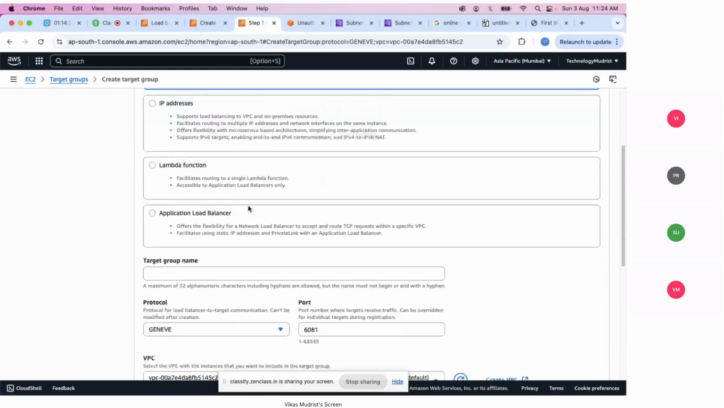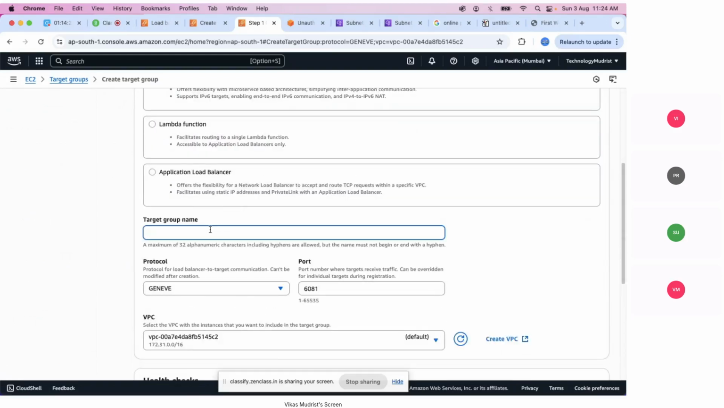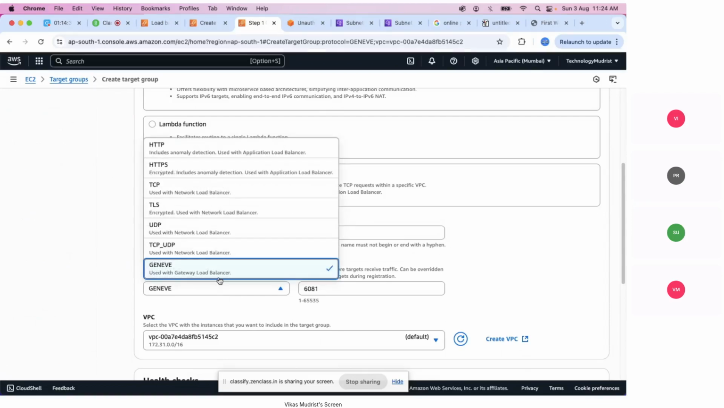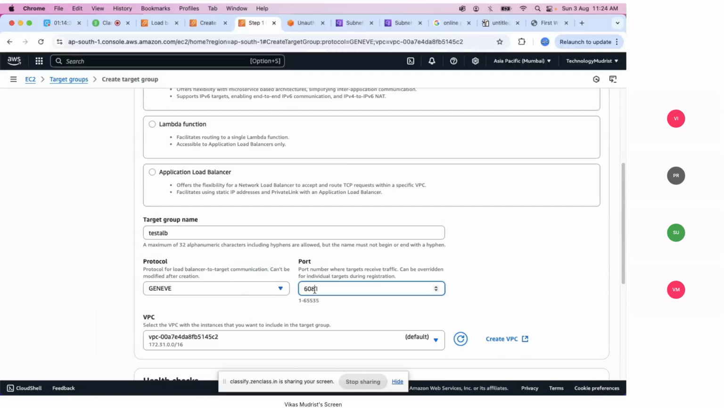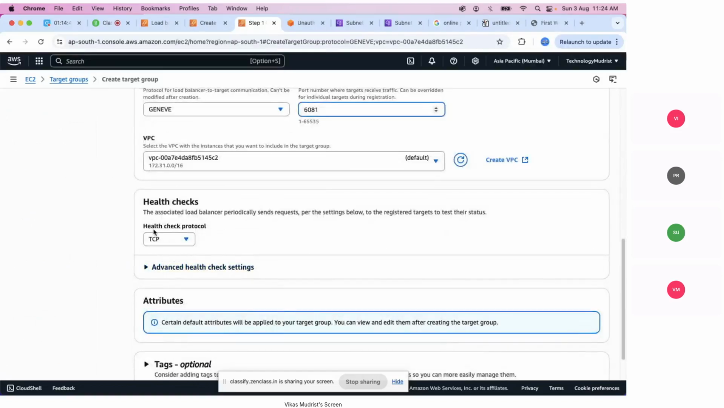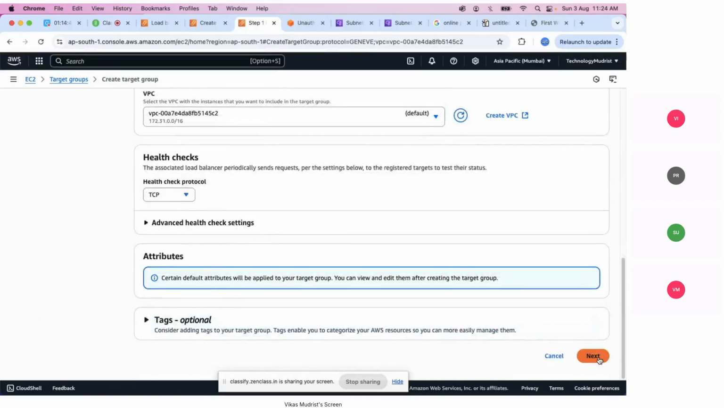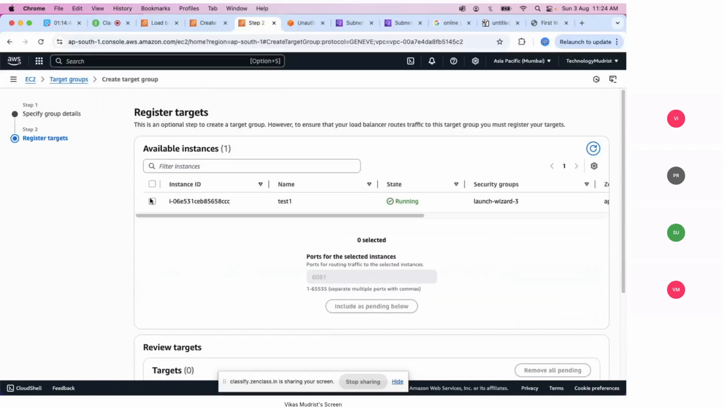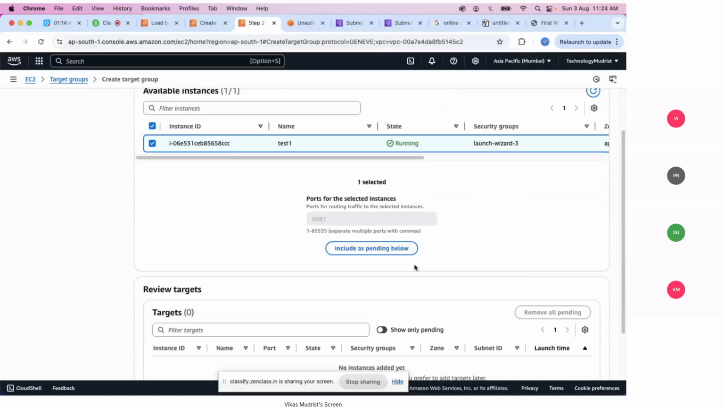Select the instances, give the target group name, let's say test ALB. This is the only protocol that we should use for the gateway load balancer. This will be the port for this. Health check we have selected. Next, because here this specific instance will not be the application instance,